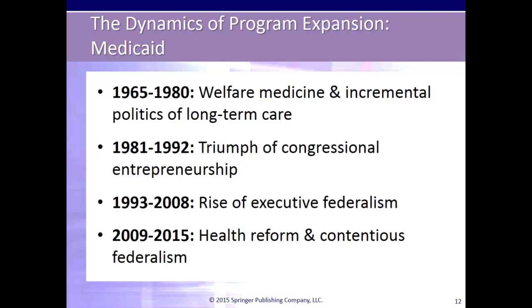Despite limits on eligibility, Medicaid continued to grow, especially in the area of providing long-term institutional care for the elderly and people with disabilities. The period of the 80s and 90s saw additional growth in Medicaid. One program was Medicaid's disproportionate share hospital program. This program provided funds to hospitals that served a high number of uninsured and Medicaid enrollees. An additional expansion during this time was the expansion to cover children younger than 6 years of age and pregnant women with incomes up to 133% of poverty.